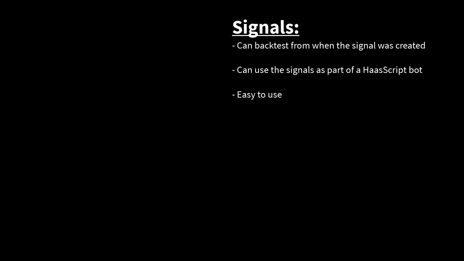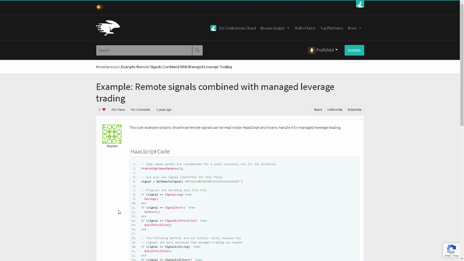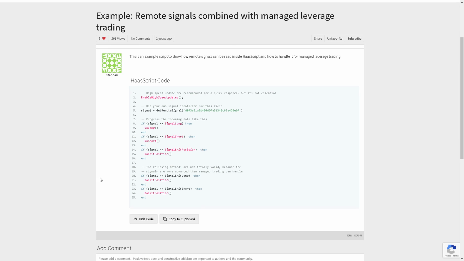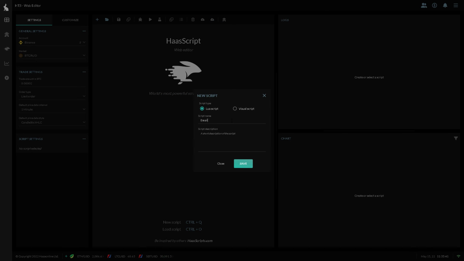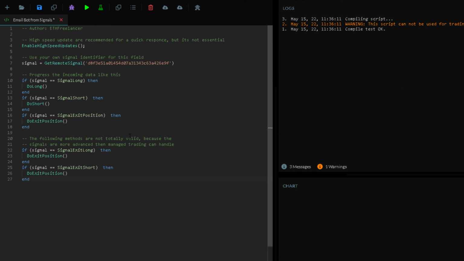It's really easy once you try the JSON format once or twice. You can copy this simple code example from Stefan, one of the founders of Haas. You can find it in haasscripts.com. The link will be provided in the description. It gets the signal, then executes a manage trading command according to the signal. You could potentially add the conditions for bot shutdown with reverse signal A, B, or even add some more logic to the strategy before executing the trades, combining these signals with other signals in the bot.